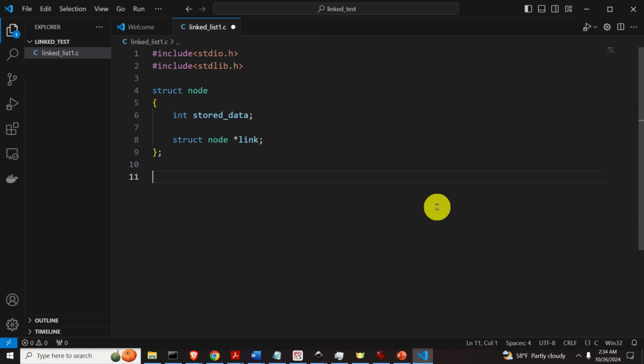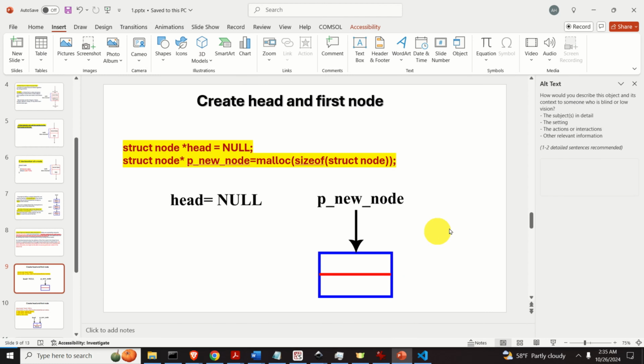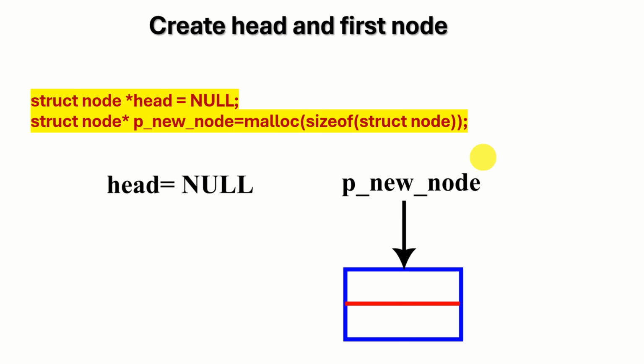The next step is to define our main function. So let's write int main, and over here we return 0. Now we are ready to explain how to implement the linked list. For that purpose, let's go back to our slides and let's first graphically explain how to create head and first